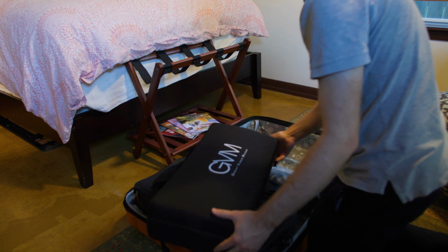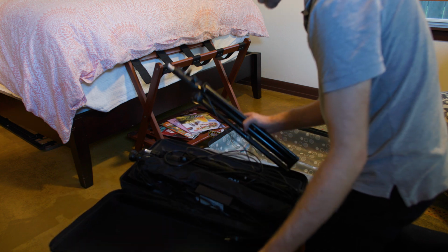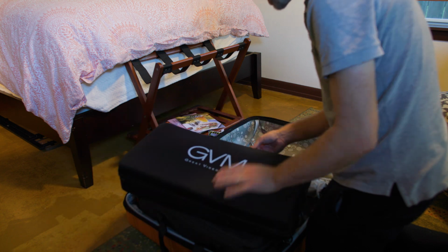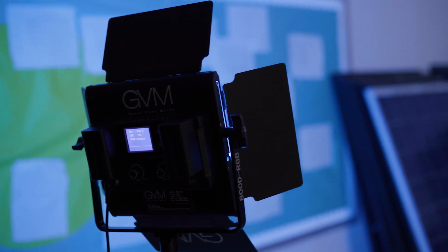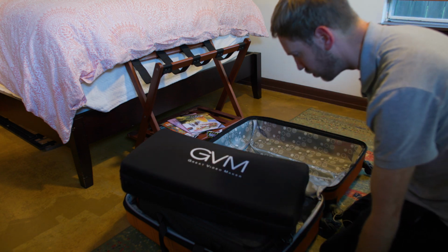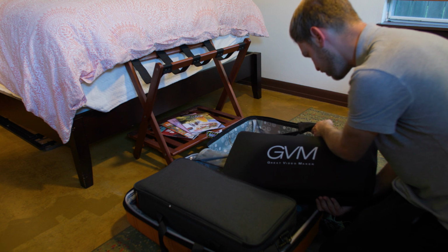I have these GVM 800 panel lights, and they each have a stand. They come with a power adapter. And yeah, these lights are budget lights, but they're great. They're bicolor, they're RGB. We use them if we need to get a little bit more fill on our subject's face, but we also use them for things like backlighting or filling in elements of the background that we want to have a little bit more brightness to them as well. So, you know, it's kind of hefty, a little bit of a hassle to travel with these,